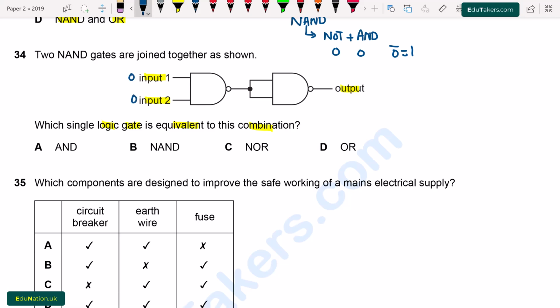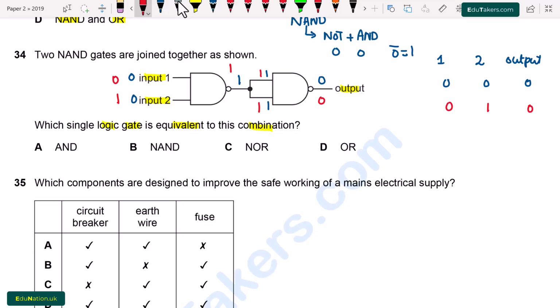Then when there is NAND gate, it changes into 1. It means that here is 1 and also here is 1. When I apply again NAND gate here, it changes into 0. It means that input 1, input 2 and output are 0, 0 and 0. Next combination is 0, 1. When I apply NAND gate, there would be 1. It means that here will be 1 and 1. Now both of the inputs are high. When I apply NAND gate, it changes into 0. So here 0, 1 gives 0.